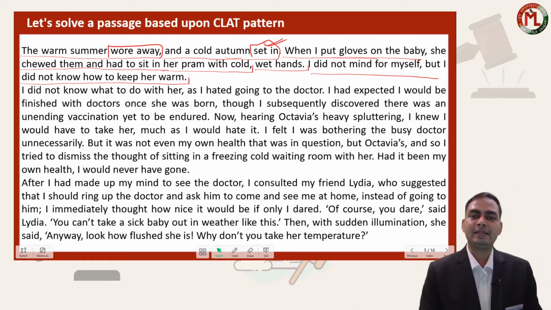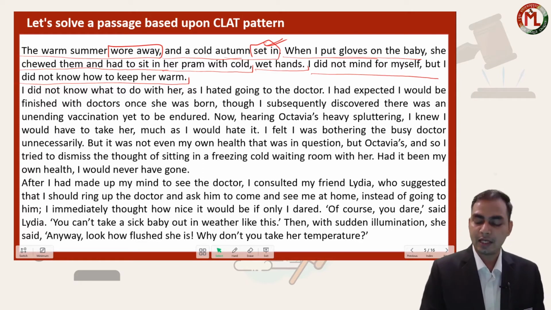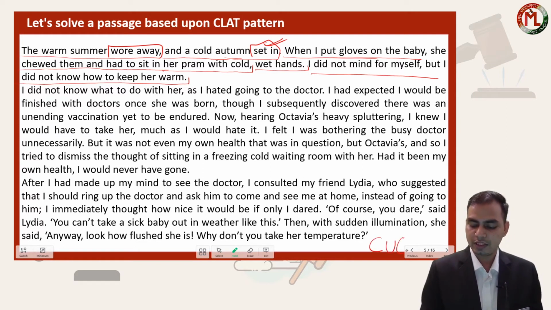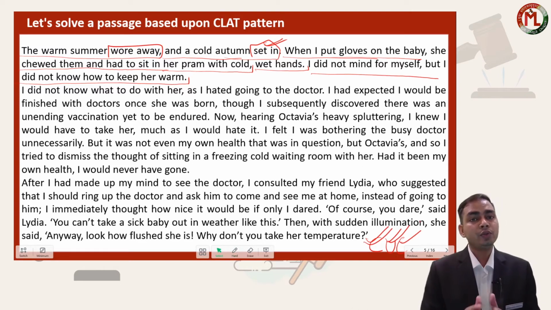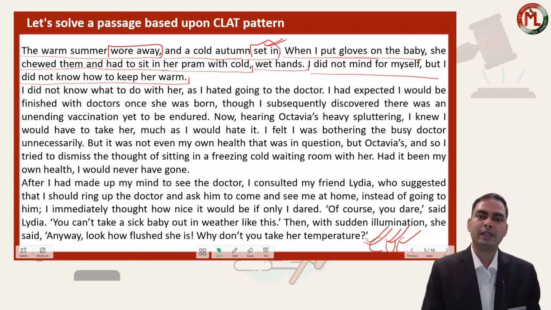Now what you notice in the passage so far is that you see a mother who has a baby. While discussing in my previous video, I talked about a formula that was CUC, meaning communicate, understand and concentrate. How do you concentrate? When you are reading, there are several ways you can find on the internet, but I can tell you one: have a timer on. If you have a timer on, your mind will be alert and you will be focused.